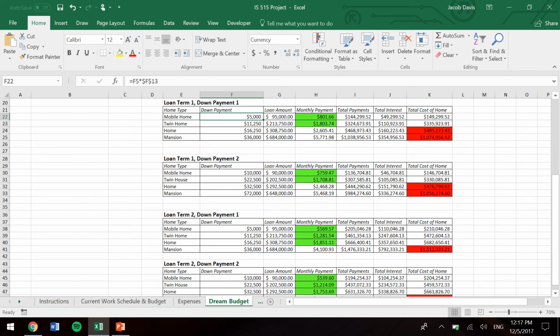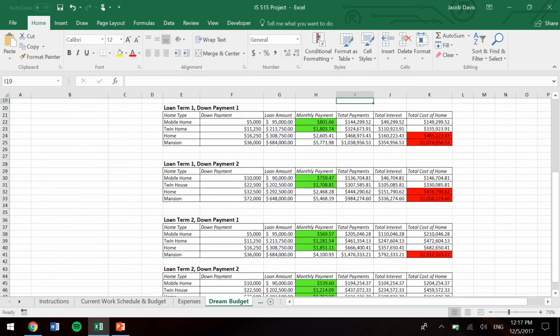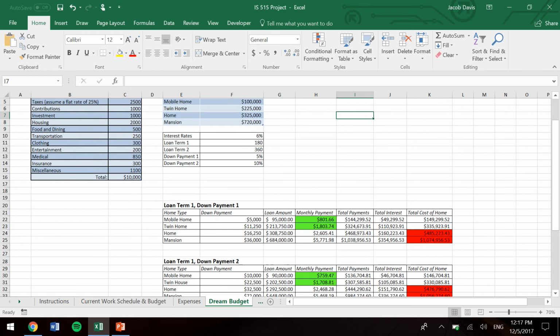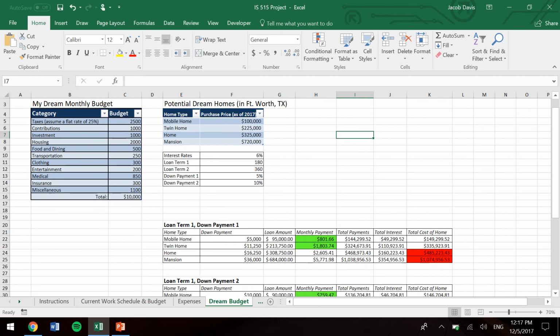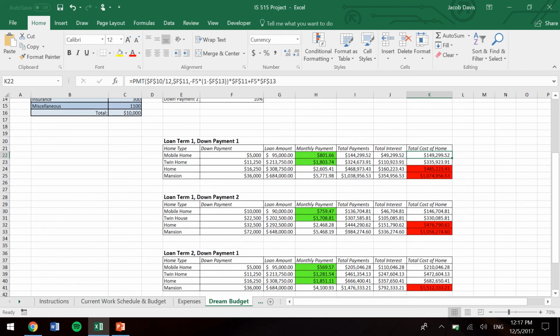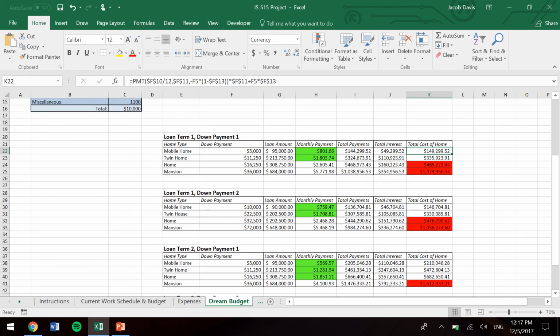So what I ended up doing was I started creating these mega formulas. So with the data that I have up here, with the home prices, and the different interest rates and down payments, I started creating mega formulas. So the down payment was easy, and then loan amount you just keep adding on, making your mega formula until it's really intense and complicated by the time you get to the total cost of your home. And so I did this with all the 4 tables,